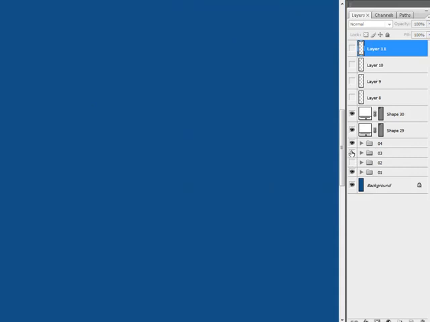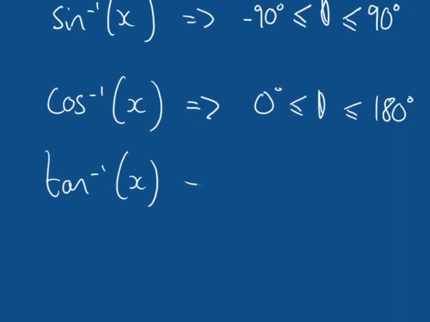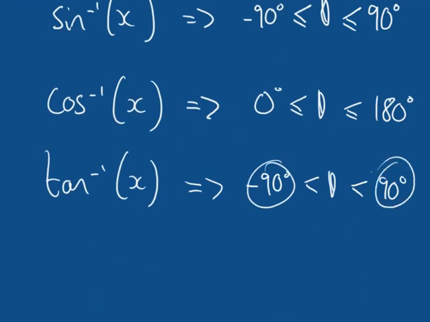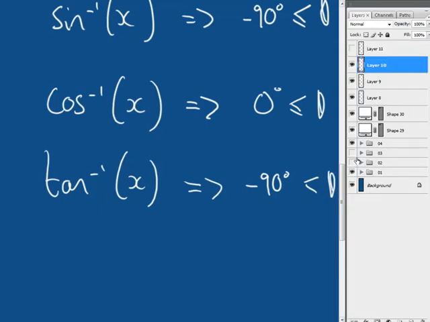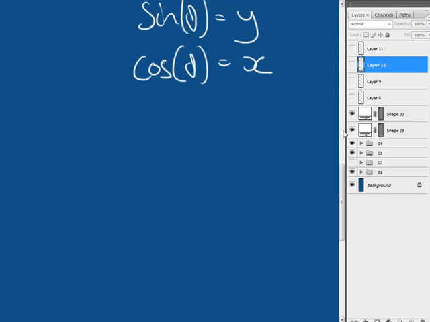If we took a look at our tan of theta, that's going to be restricted between negative 90 degrees and 90 degrees. In this case, you'll notice it doesn't actually include negative 90 and 90. It's theta is greater than negative 90, not greater than or equal to, and it's less than 90, not less than or equal to 90. That's not essential knowledge, but it's worth pointing out,